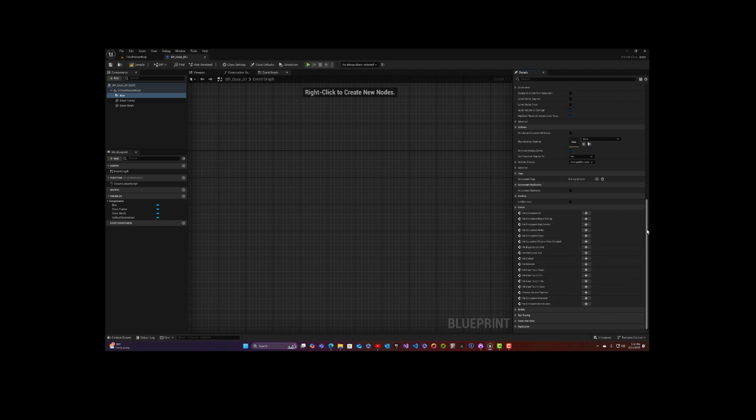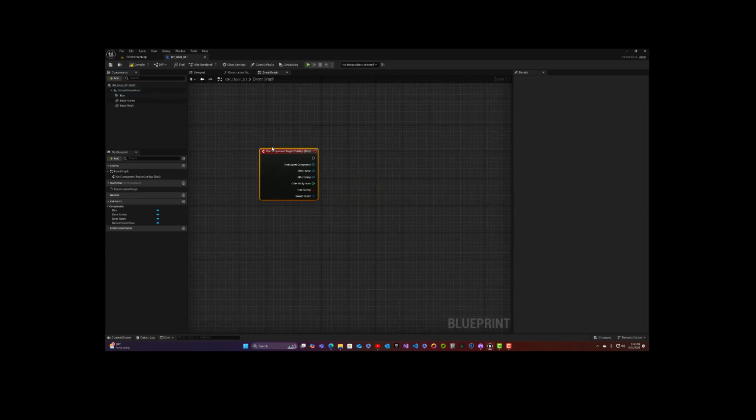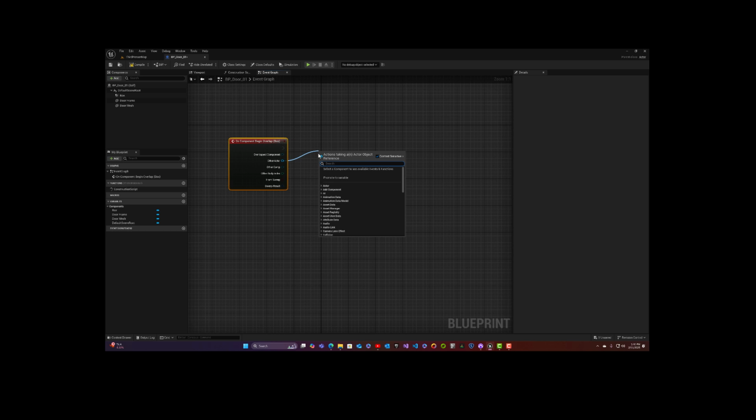But I find it easier just to right-click on the component, choosing Add Event and Add On Component Begin Overlap, okay? So for the other actor, I only want the third-person character for now to be able to open up that door. So I'm going to cast it to the third-person character. So from other actor, we will pull out and type cast to